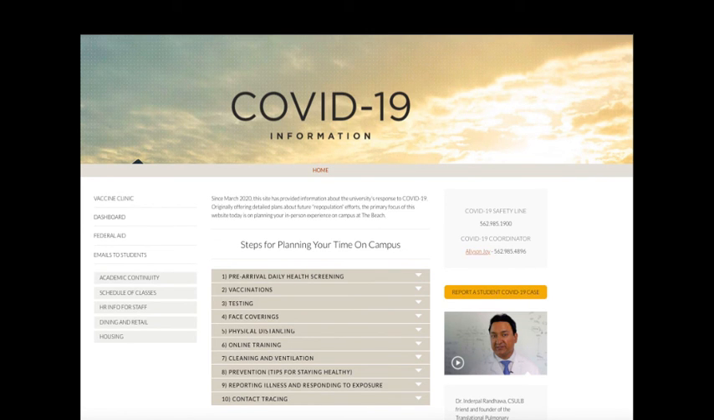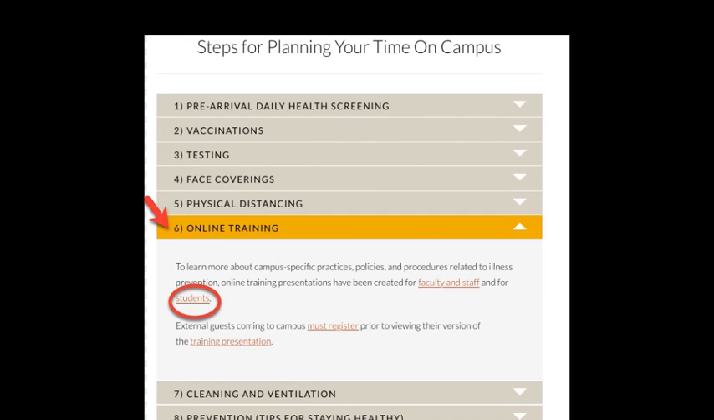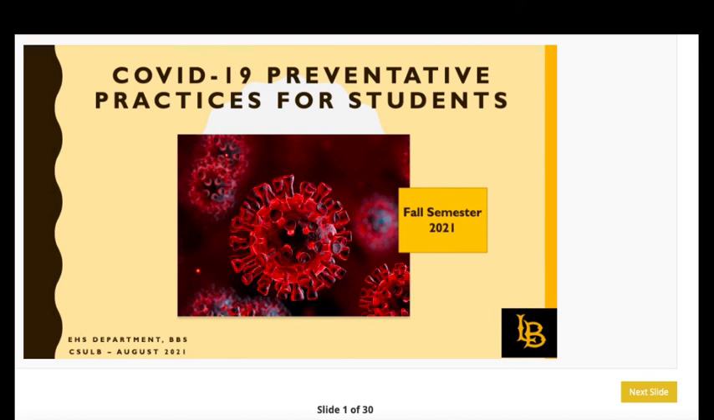From here, you will need to scroll down and click on the drop-down arrow for number 6, Online Training, and click on the hyperlink attached to the word Students. This will take you to the safety training material that you need to review. Be advised that at the end, you will have to complete a COVID quiz to verify that you completed the